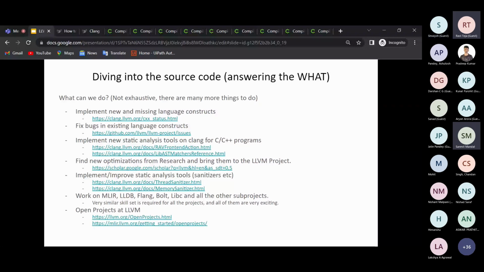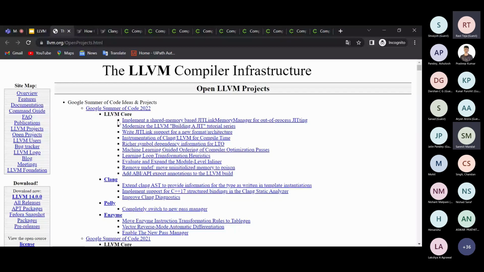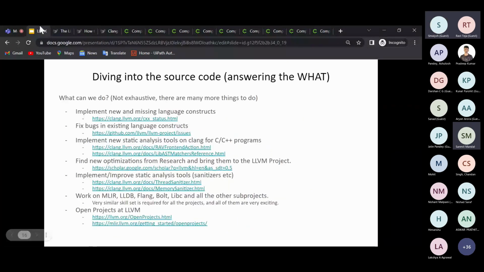So what matters is what looks interesting to you. Open projects are also listed at LLVM if you're looking for something more elaborate. They have a page dedicated to open projects, and many GSoC projects come out of this. MLIR has a separate open projects page, and it's an LLVM sub-project.